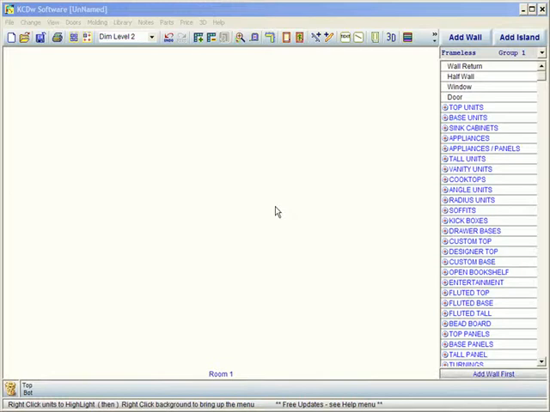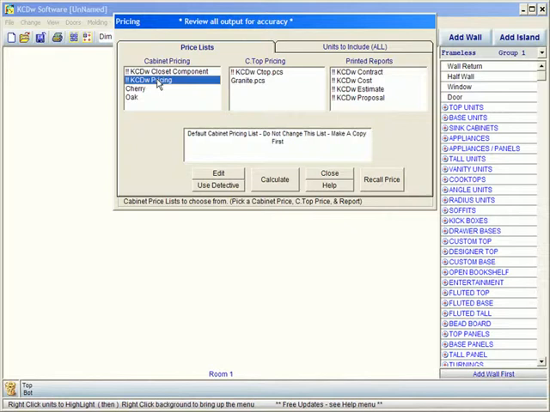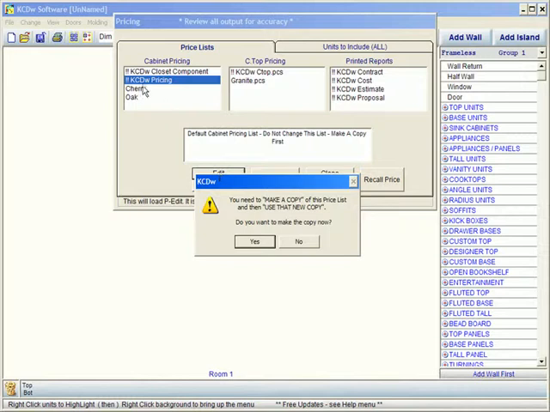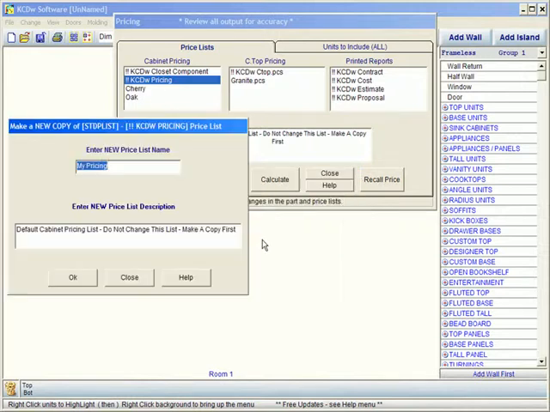Metric pricing, you'll want to take into consideration under pricing. If you were to go to set this up, there's a different section in here, and I'm just going to make a copy of the initial KCW pricing. I'll give it a name of, let's go, metric melamine, or mel,